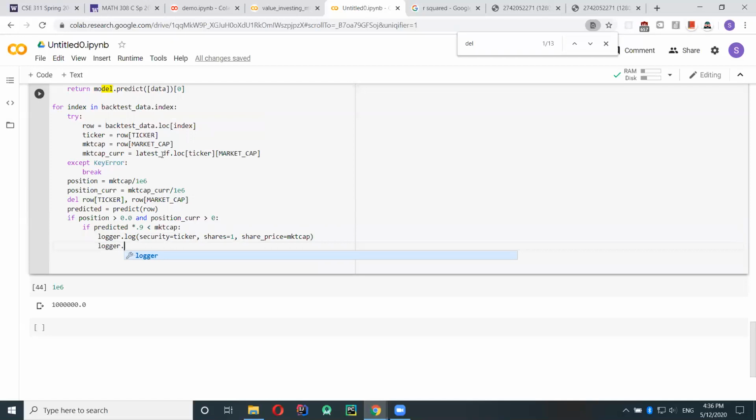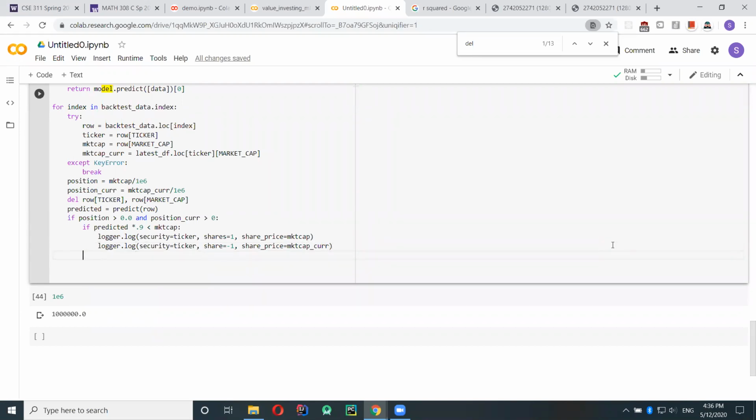We're going to buy it at the 2018 price, and then we have to sell it at the current price.